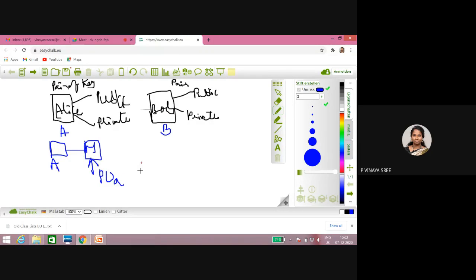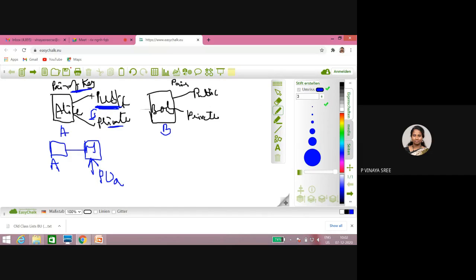If I am encrypting this message with the public key of A, I have to use the other, opposite key in the pair of keys for decryption. I used this public key for encryption, so I have to use the opposite one, which is present here, for decryption. This is for sure. Most students, if they write this key for encryption, will use the other pair of keys for decryption. This will not happen in asymmetric key encryption.